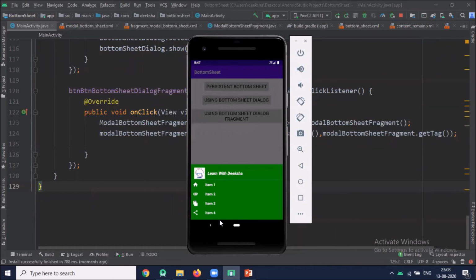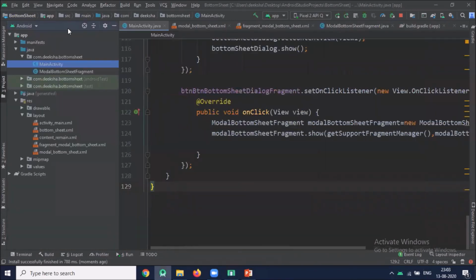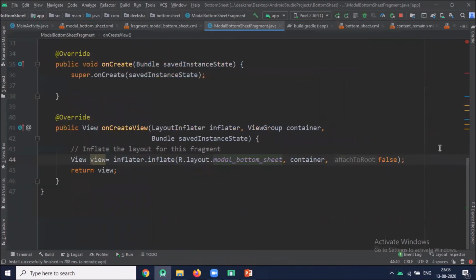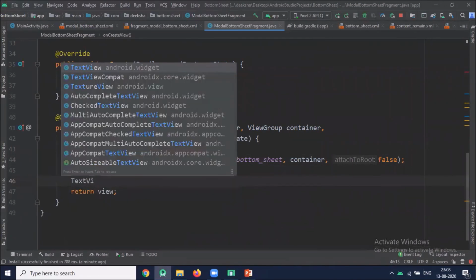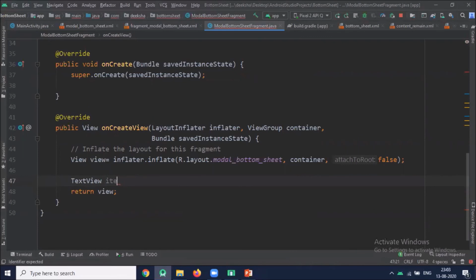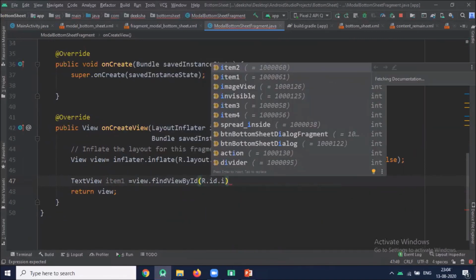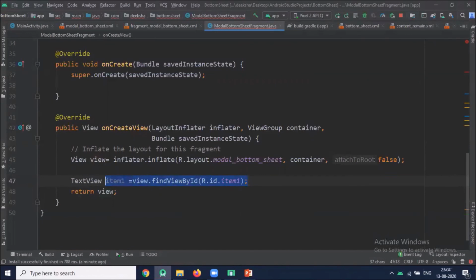Now we will work on item click. So click on modal bottom sheet fragment, and here in onCreateView, we fetch our text view ID from XML by using findViewById. Similarly, for other items, we fetch the ID of other items.